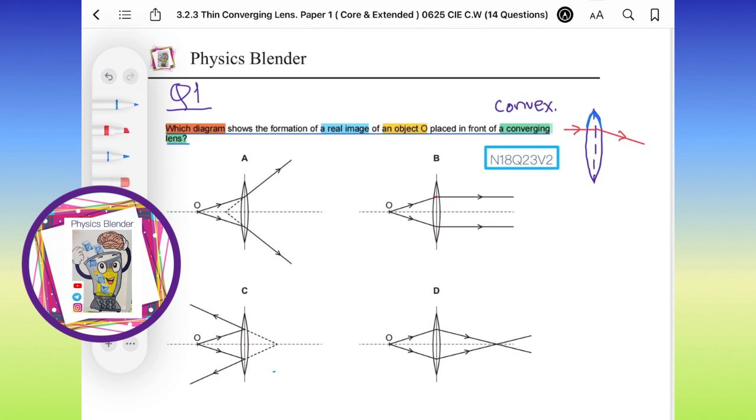The third point, which is also very important, you can imagine that this part of the lens is acting as a tiny prism, and also here this part is acting as a tiny prism. And we said earlier that if you have a tiny prism or a thin prism, the light ray will be refracted and emerge towards the base of the prism. So also here,